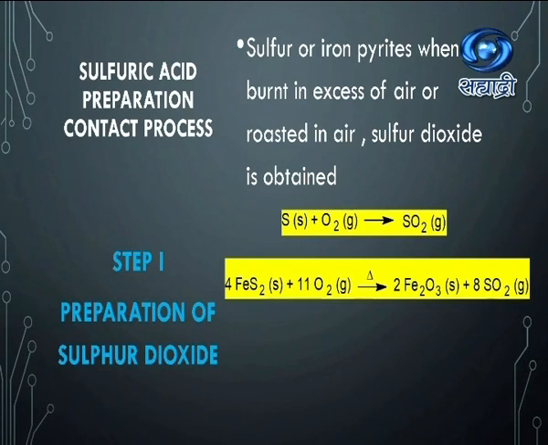So sulfuric acid is prepared by contact process. So there are total 4 steps. So step 1 is preparation of sulfur dioxide. So sulfur or iron pyrites, when burnt in excess of air or roasted in air, sulfur dioxide is obtained. So both the reactions we saw earlier during the discussion of sulfur dioxide. So this is the step 1 in the preparation of sulfuric acid by contact process, that is preparation of sulfur